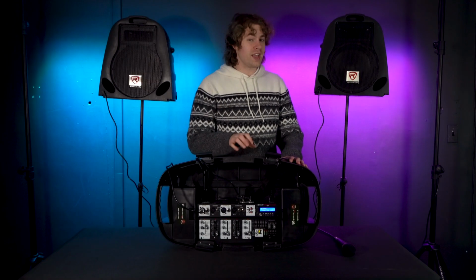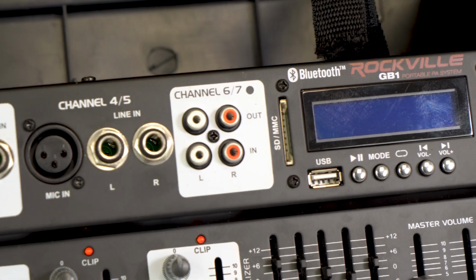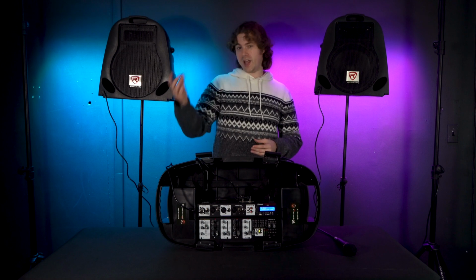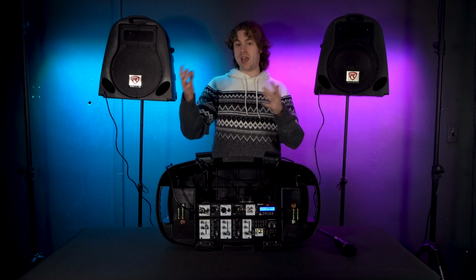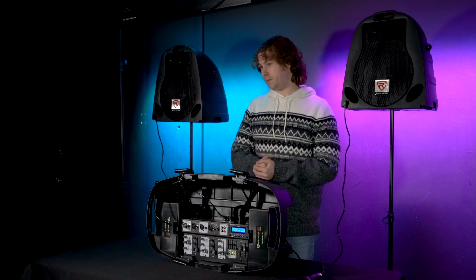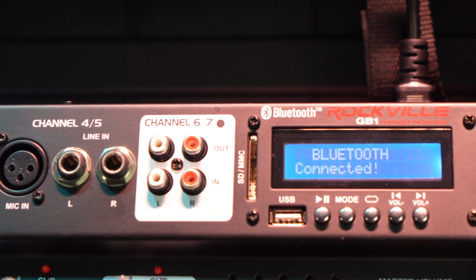So if we take another look at the mixer, you'll see we have channels 6 and 7, which has an RCA input and output. We can use the RCA input to connect an external device like another amplifier, CD or DVD player, or even an MP3 device. Then we can use the RCA output to set it up to another powered speaker, subwoofer, or anything that has an RCA input. Next to that, we have an SD card and a USB input so we can play music